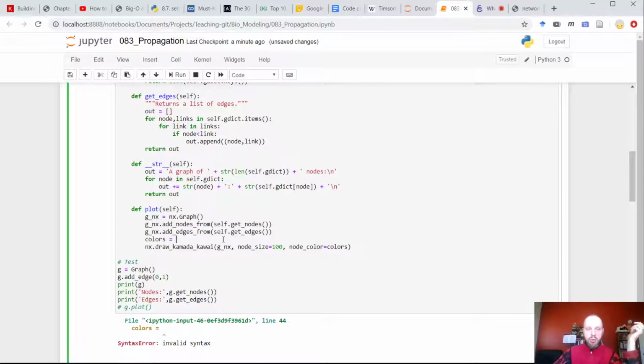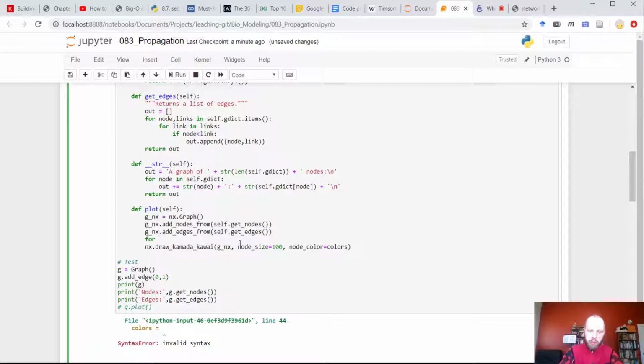But when we plot it, we will actually have to make an array. So we will have to translate it from this dictionary of values into a list of values. And just to be clear, what I'm doing now is kind of nice to have. It's not something that we have to have. I'm doing it only so that we could have nice visualizations. Make sense? Okay, so we need to create a list of colors for each node.